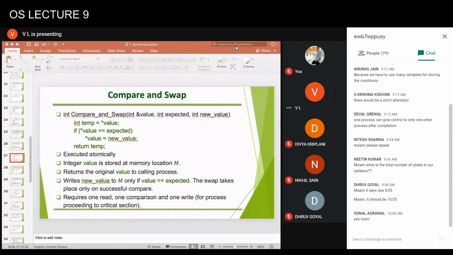Quickly, yes. Ma'am, the coursework assignment that was given, it was a very lengthy assignment. We had to draw the process Gantt chart, and CPU Gantt chart, and IO Gantt chart. Then also calculate the average waiting time and all.